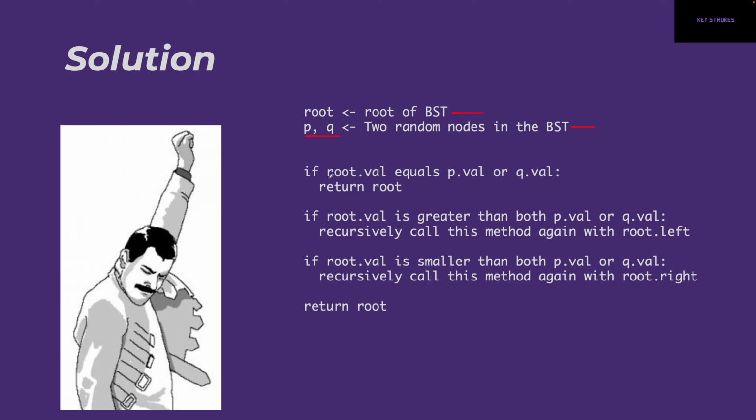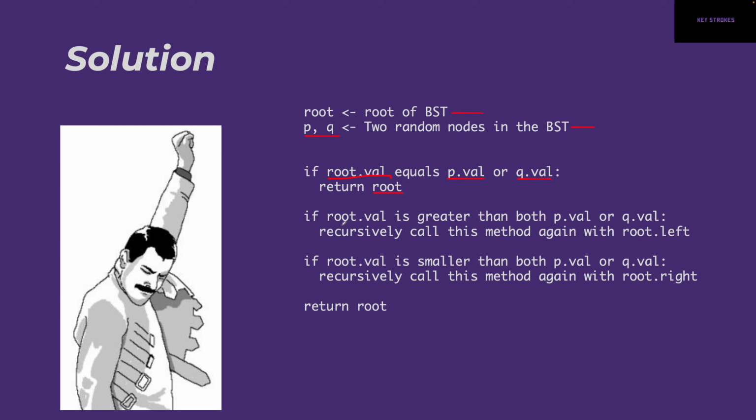Then the first condition we check is if the root.value is equal to either p.val or q.val, that is, the root's value is equal to either of the 2 random nodes that are given to us. If that's the case, then the lowest common ancestor is the root itself, and we just return this value and